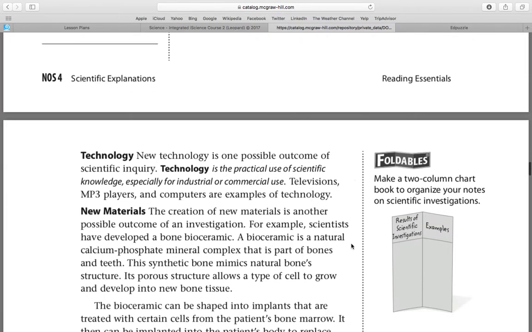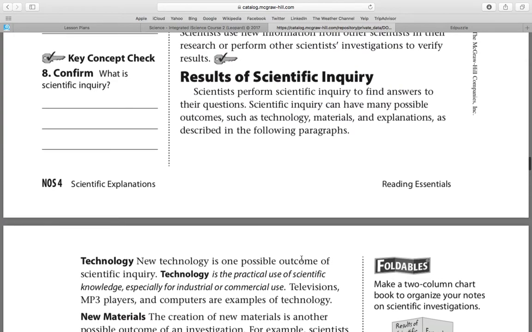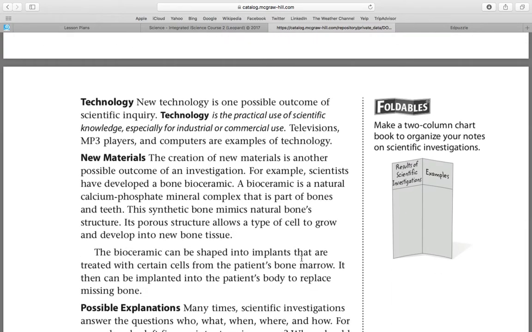All right, so results of scientific inquiry can lead to new technology. Such as in the picture in our book, it gave an example of a prosthetic leg that has nerve impulses, and it's really just a very high-tech leg that can help do a lot for people who may need a prosthetic leg. So that's been developed. The iPhone has not always been around. That's new technology that came about. We hear a lot right now about drones delivering packages in the near future. That may be something that we see more often than we do right now.